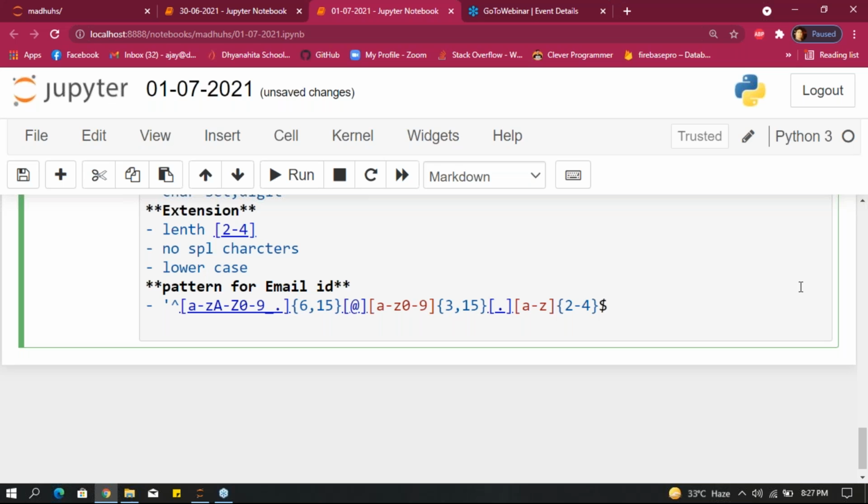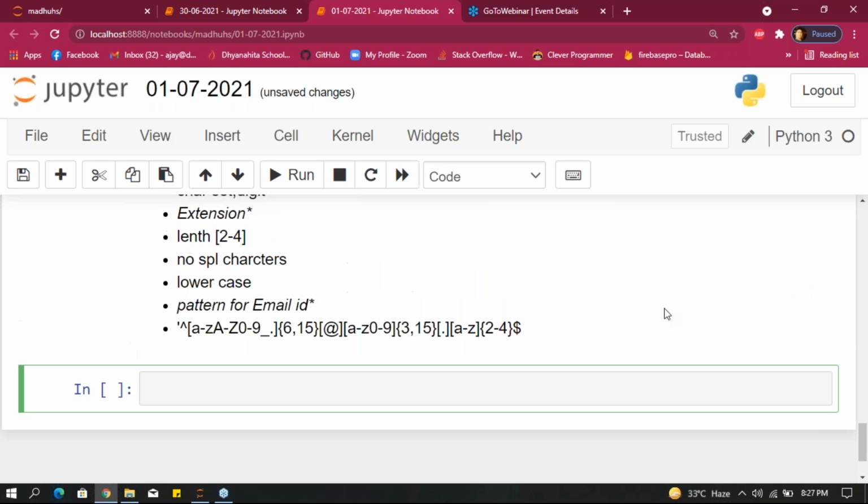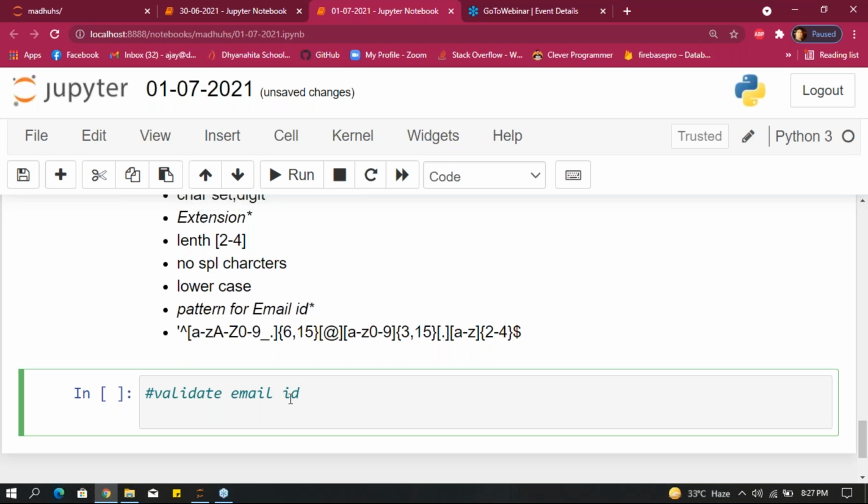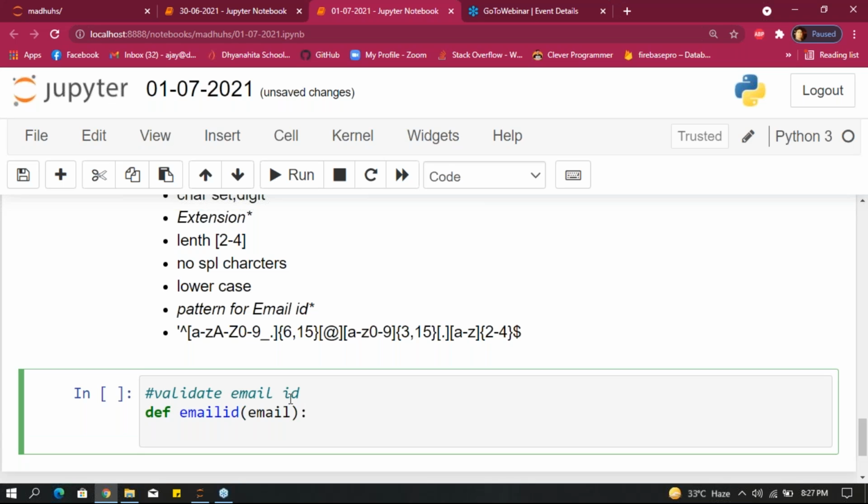Next, write a program. Okay, guys. Define validate email ID. How can we validate email ID here? First, define a function here, email ID. I'm taking this parameter as email. And the pattern, I'm taking pattern equals to, we already gave the pattern, right?